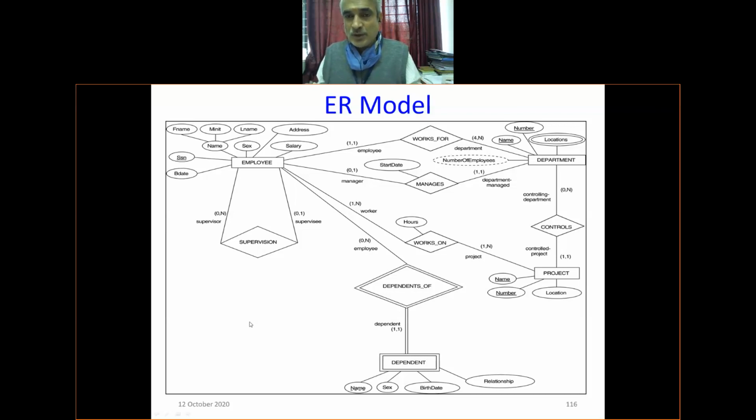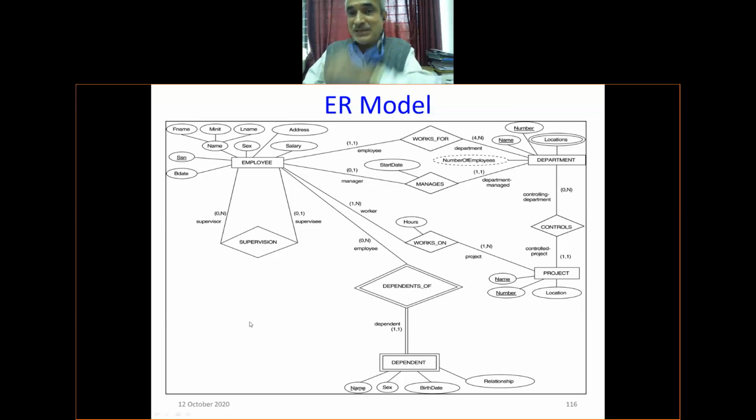I'm forced to give something and ask you to prepare a data model. In the data model, it could be data flow diagrams. That is also a data model. In one way you can argue, right? The ER model is definitely a data model. And to check whether you understand this ER model properly or not, I will ask you to prepare a schema.